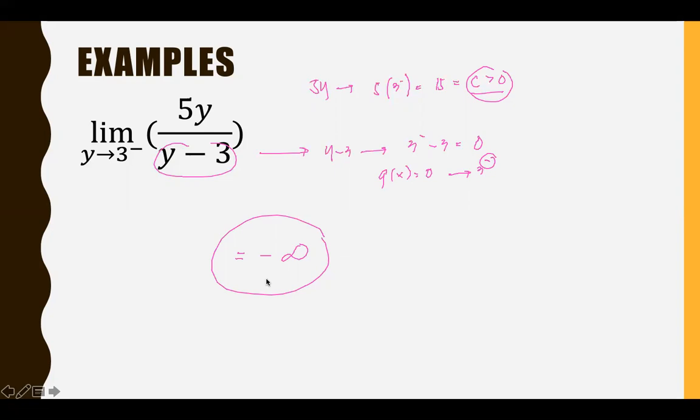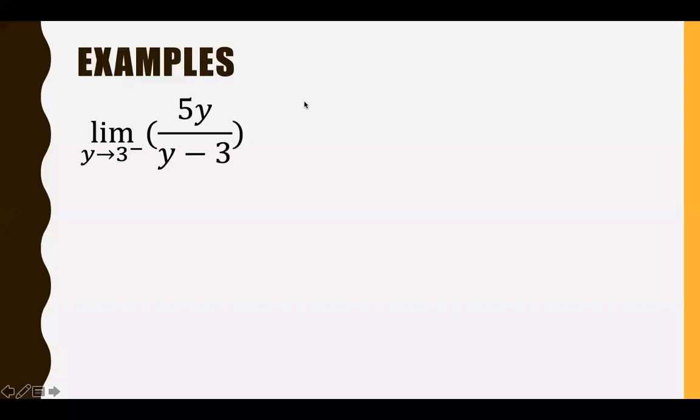So that's why it is decided that for this function, the answer is negative infinity, again meaning the value of the function as x approaches 3 from the left decreases indefinitely. All right, so let's proceed to another example, which is the limit of (2x minus 3) over (1 minus x)